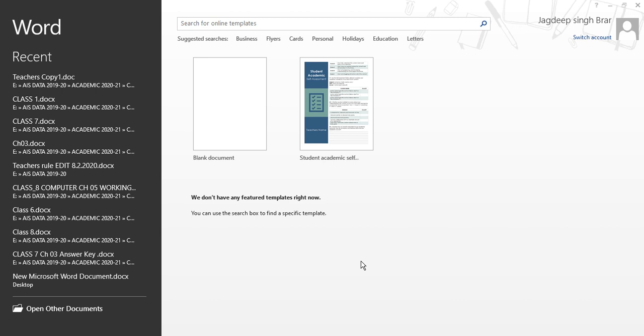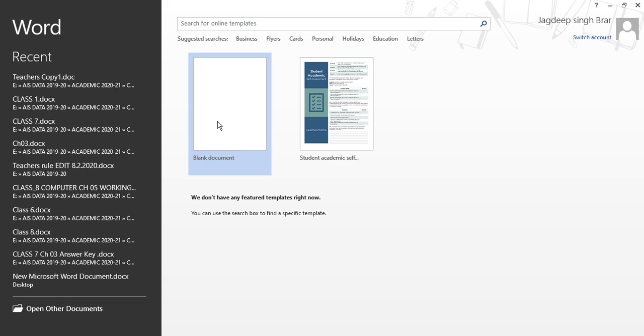You know that Word is a very popular software that allows you to type and save stories, letters, poems, etc. In previous classes, you have learned some of the basic features of Word 2013: how to start Word 2013, how to create and save a document, how to open a saved document, how to change the font size and font color of a piece of text. So let's quickly review all of them and then we will move further.